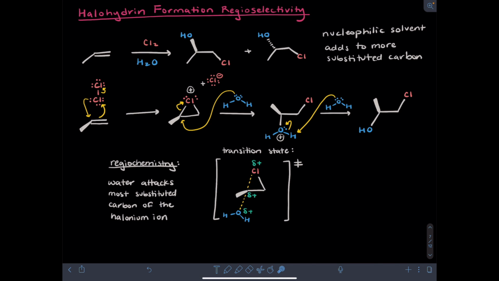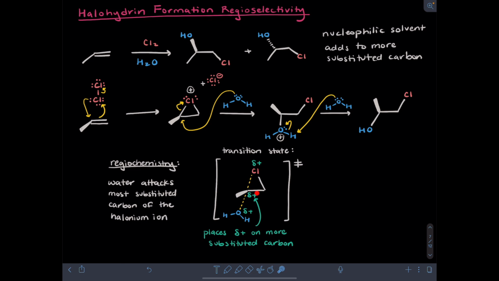But it is this carbon partial positive charge that I want you to pay the most attention to. Whichever carbon of the three-membered ring is getting the new bond to the nucleophile is going to get this partial positive charge at the transition state. By bringing in the nucleophile to the more substituted carbon of the three-membered ring, you place partial positive charge at